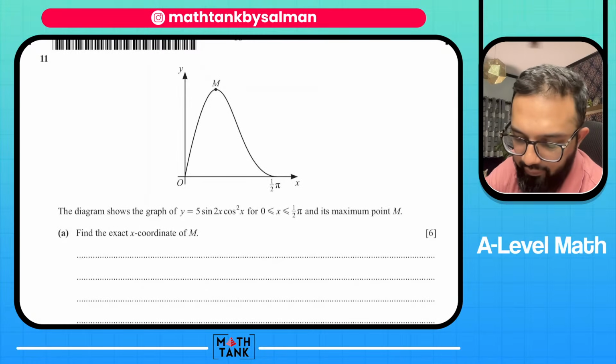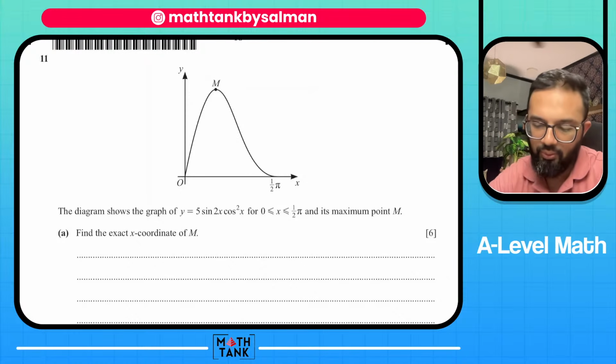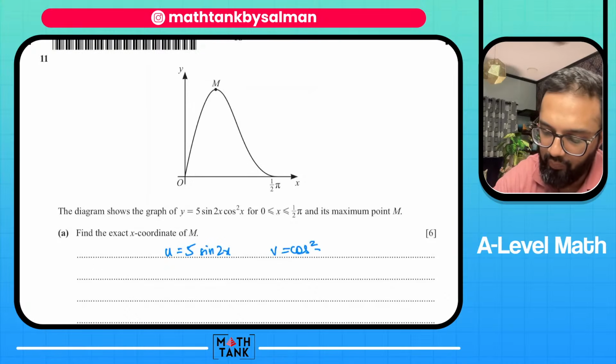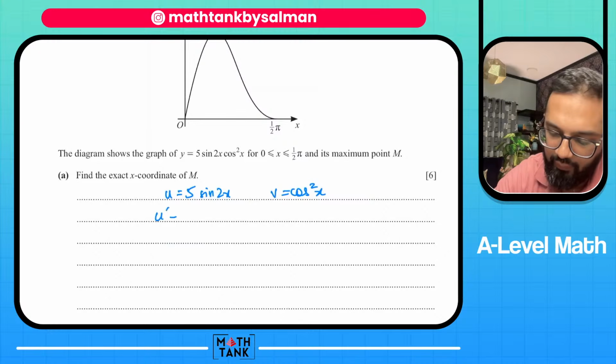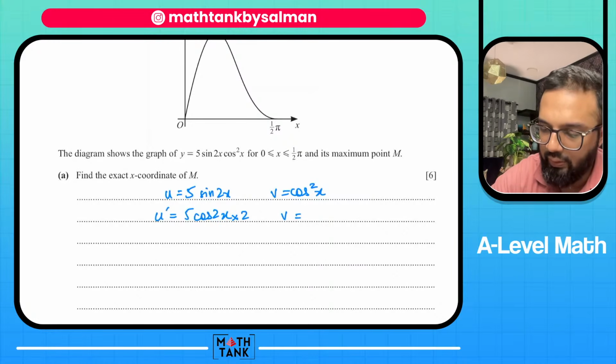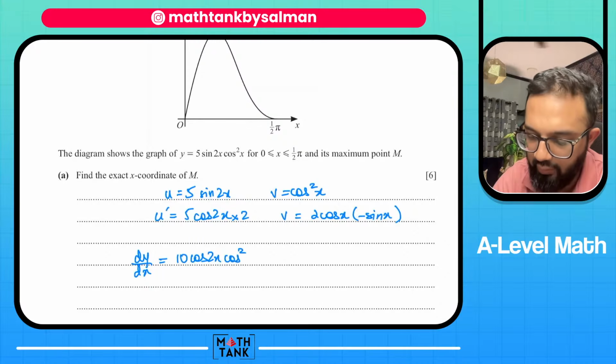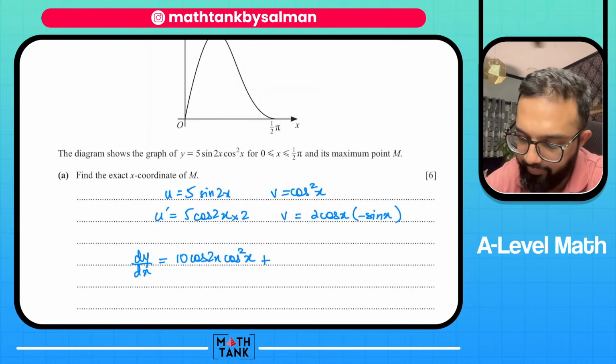The diagram shows the graph of this and its maximum point m. Find the exact point of m. So use 5 sine 2x. I'm going to do the product rule. So u dash is 5 cos 2x into 2. And v is power comes down and then differential of the bracket. So dy by dx is then u dash v plus v dash u